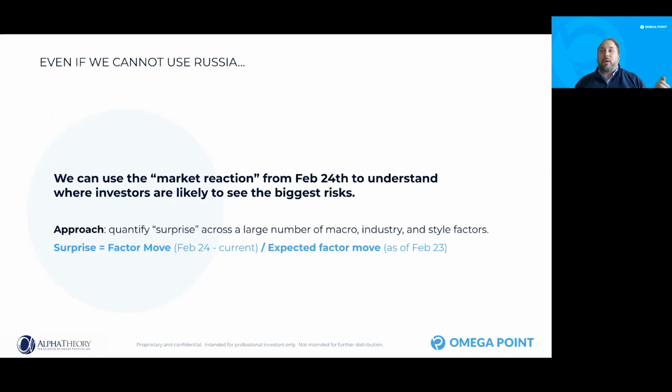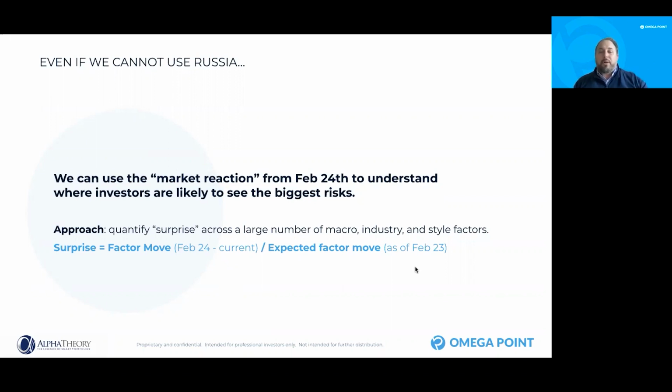and quantify what we call a surprise. So it was clearly a surprise. The invasion, while there was obviously intelligence that it could happen, was clearly a surprise to the market on Feb 24th and beyond. And so investors repositioning themselves based on this surprise created flows in particular areas that are quantified. And those flows, as defined by the factor moves from February 24th through now, divided by what the expected factor move would have been,